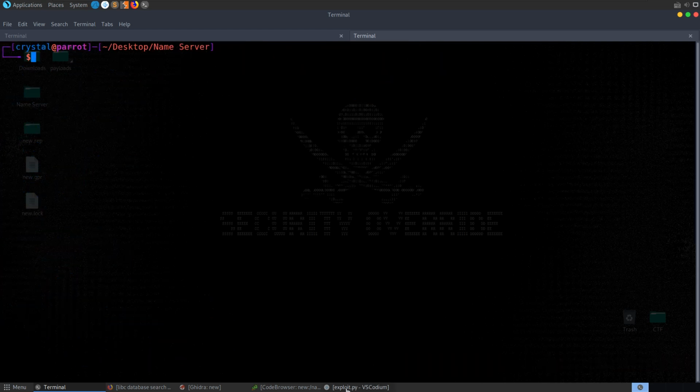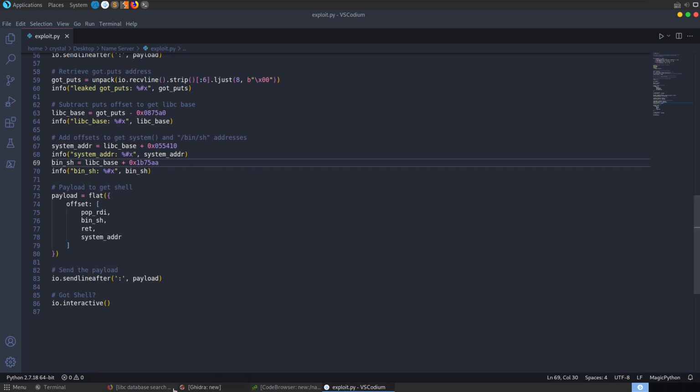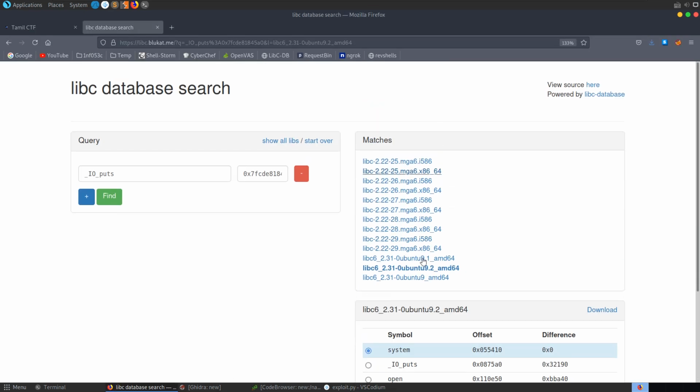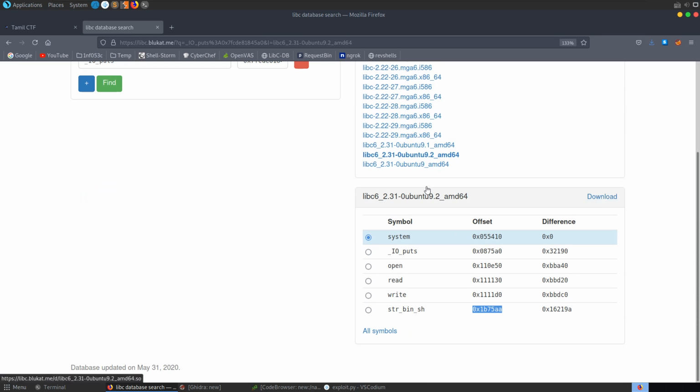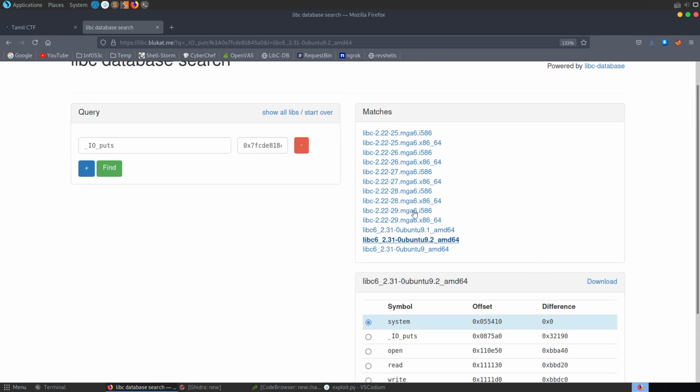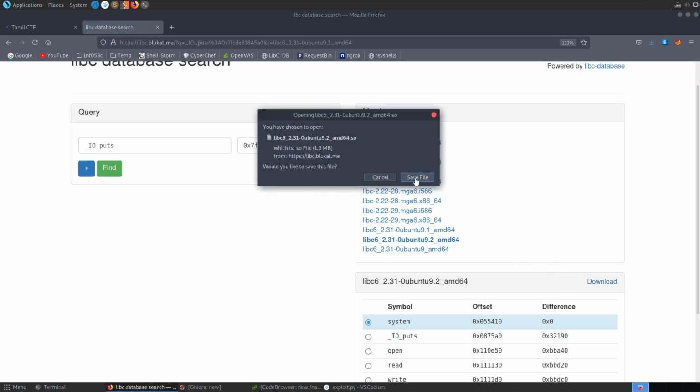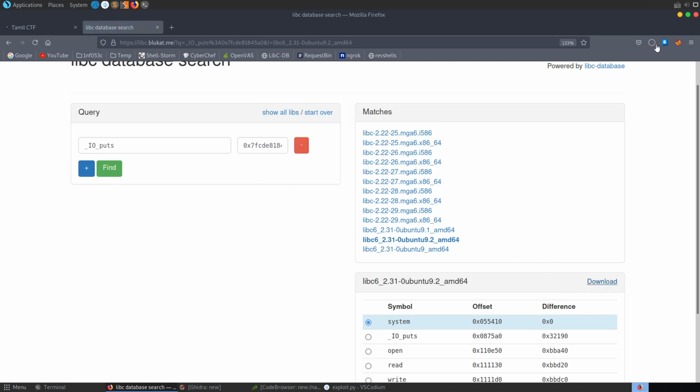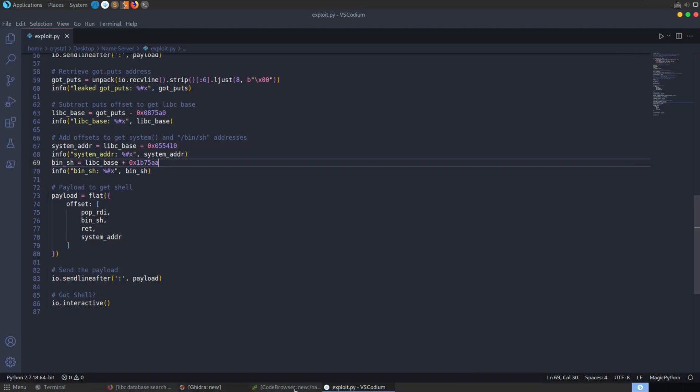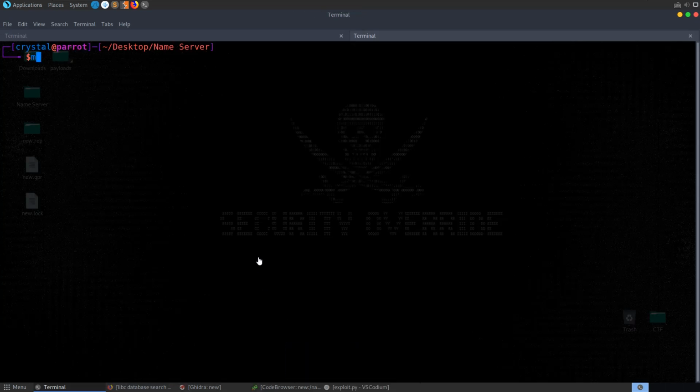So you saw that the process there of updating these offsets was quite manual, and if we wanted to do that with all of these different libraries, that would take quite a long time. So one thing that we could do is download all of the potential libraries and then kind of script it so that we can just loop through the different potentials. I'm just going to download this one first of all, just so we can test this out a little bit, and I'll show you what I mean. Let's move this from downloads here, and I'm going to take the name of that,